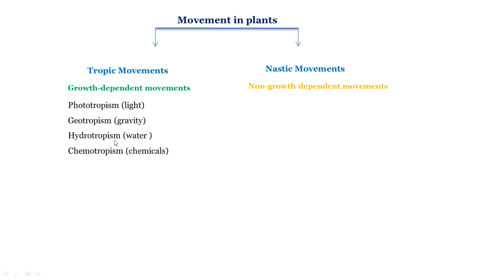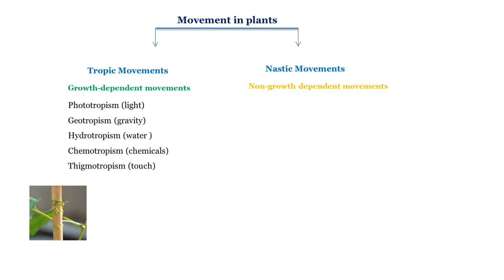Then comes hydrotropism, where the stimulant is water, and because of the presence of water, the movement is forwarded. Then coming on to chemotropism, that is the movement which is towards the chemicals, and the example here is of the pollen tube moving towards the ovule. Next is thigmotropism, which has the stimulation of touch, and because of touch the movement takes place. As you can see in the tendrils, the stimulation of the touch of the support makes the tendrils move and